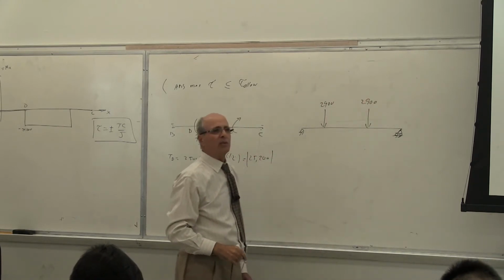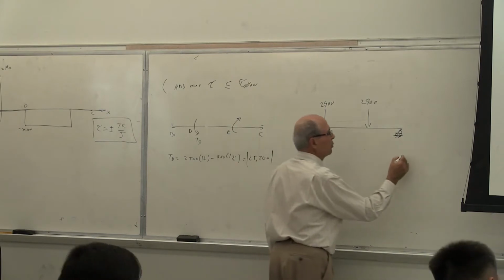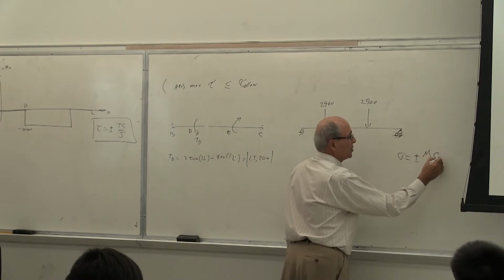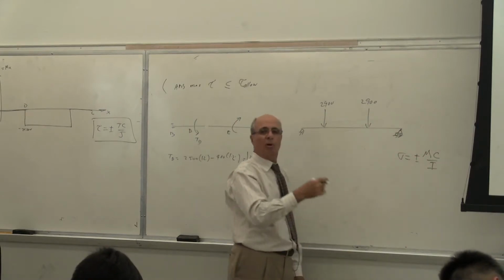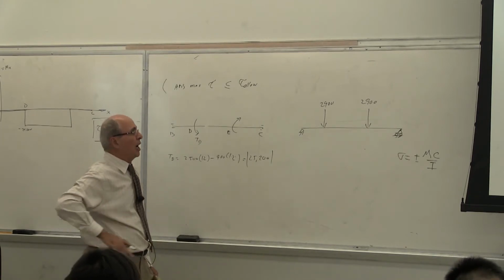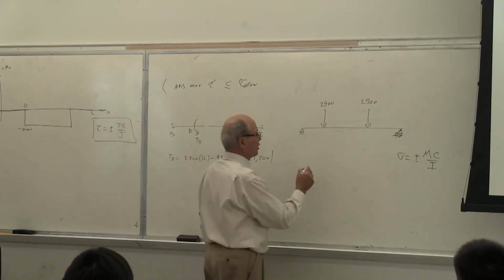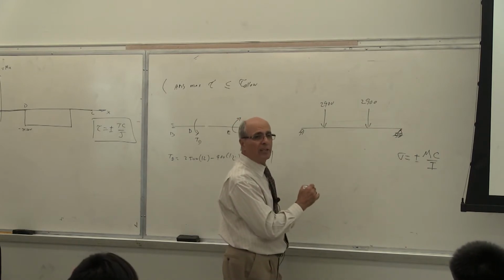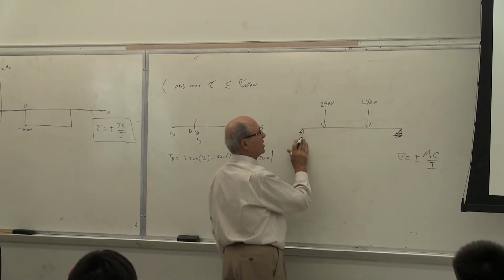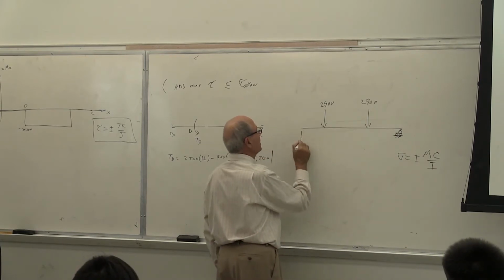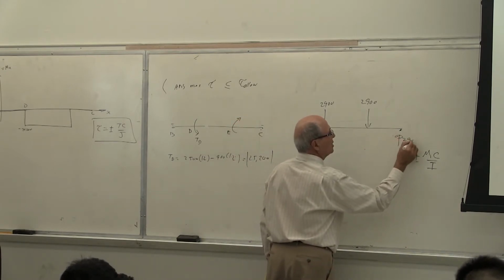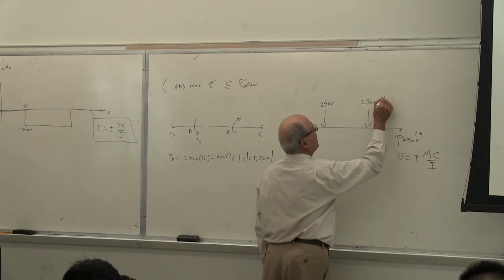Yes or no? Now, this beam gives you a sigma equal to what? Sigma equals plus or minus MC over I, either on top of the beam or at the bottom of the beam. Correct? However, for this one, you have to draw the shear diagram and moment diagram. Since this is such a simple problem, everybody sees that the reaction here is 2,900. So write it down here, 2,900. This reaction will also be 2,900 pounds. These are all in pounds.